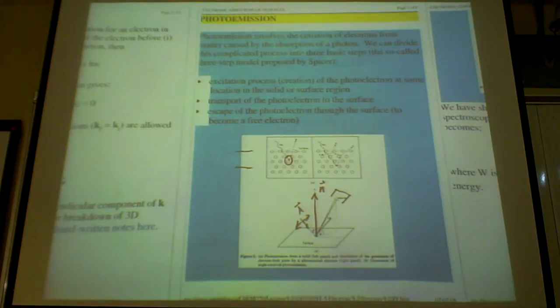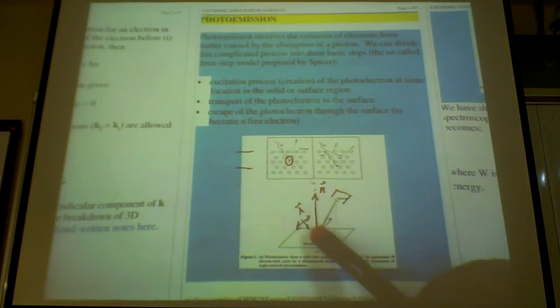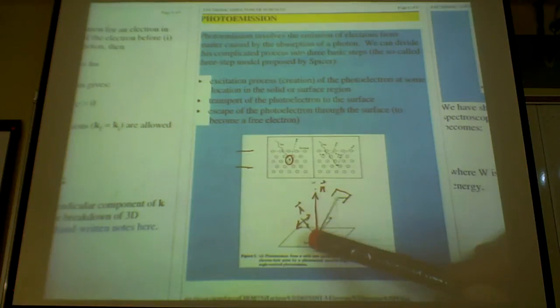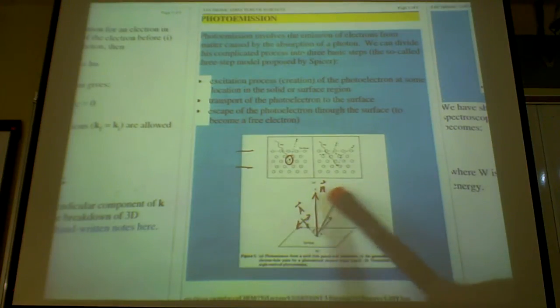So what controls the intensity that you see is that the polarization vector is important because you have, after all, a dipole excitation of the material. So the A vector will control whether you will have dipole excitation or not. So this direction of the A vector and the normal direction of the surface and the detection